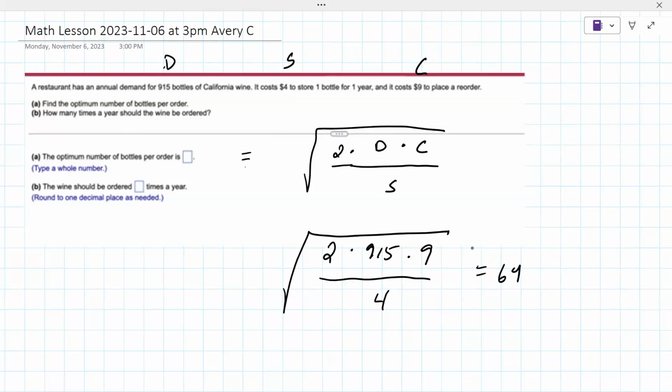Okay. Now for part B, you take the demand, another formula here. What does S stand for? The cost to store the bottles. Okay. And that might not be the right variable letter. I just chose S. I don't remember what it's called. I mean, this has a standard form. Okay. So the demand over